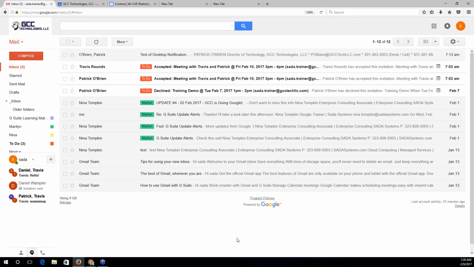So for those of you who used to work with rules, or maybe you didn't know they went by that name, that's the method of once you get a message in your inbox, you want to apply some automatic actions to it or automatically organize it. For example, every time I get a message from Patrick, I want to automatically usher that into a Patrick label.